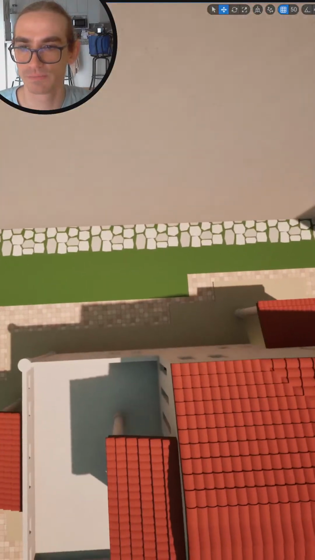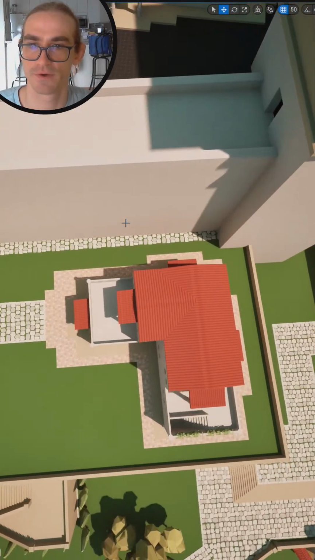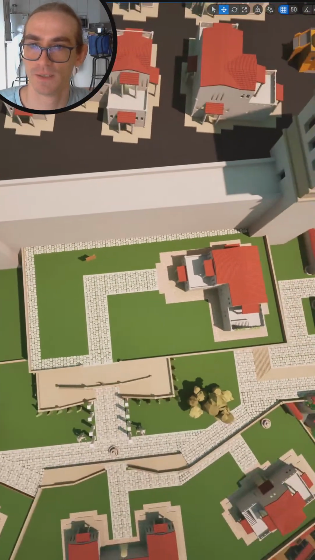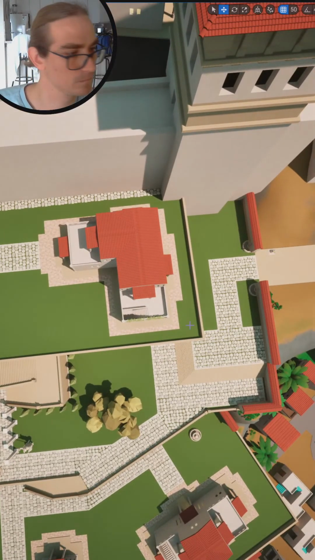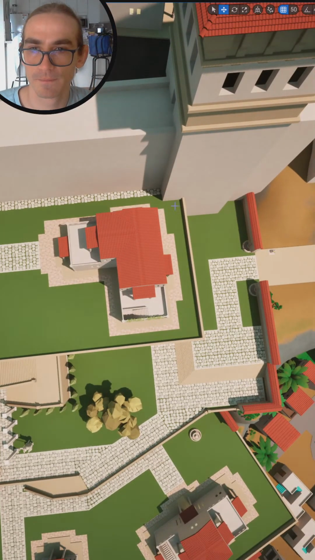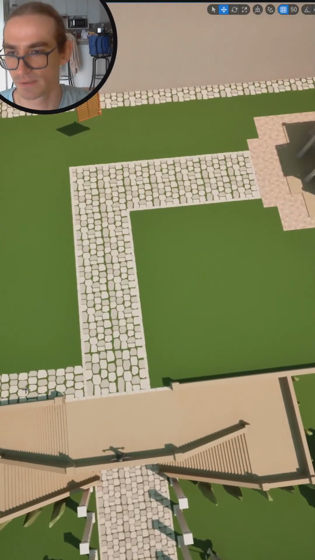Let's check. It's parallel enough to the rocks, but not to this wall. Maybe here I can also have